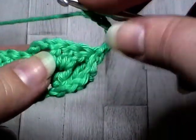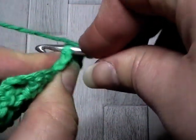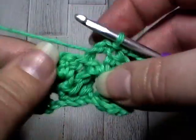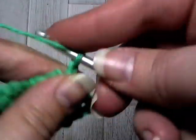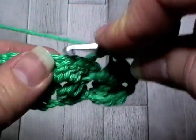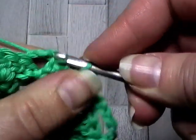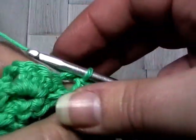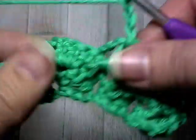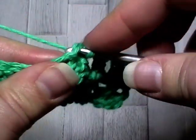Now in the top of that third double crochet, I'm going to actually go into the top loops and we're going to slip stitch. Chain 3 and slip stitch into the top of the next double crochet. Always into that third double crochet of the cluster. Chain 3 and into the top of the next third double crochet,